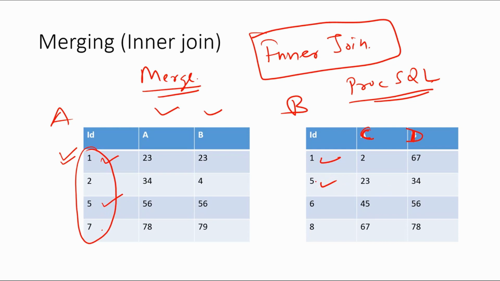Okay, and sometimes the other way around, you want all the records from the right one and the matching ones from the left one, or the first table. So you might have to do, in that case, you have to